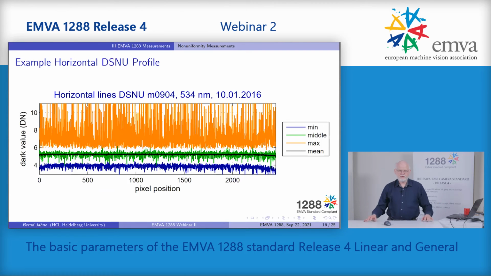Okay, let me just show you a horizontal profile in the dark, which is called the DSNU, for dark signal non-uniformity, profile. You see nicely pixel to pixel variations here. Otherwise, I think the signal is very flat, a very flat dark background, very nice. So dominant is really pixel to pixel variation. And if you average over all rows, which is the black row here, you see it's almost perfect. The only thing you see is towards the edge, it goes a little bit down. But remember, this is a 12-bit camera here, and the variation is less than 1 DN, so almost perfectly flat